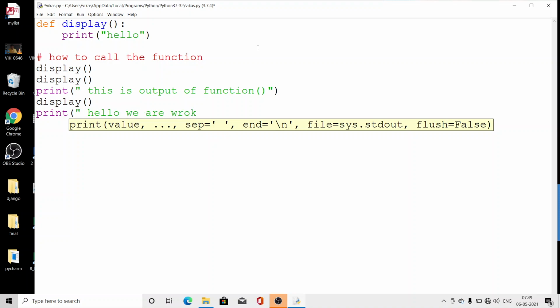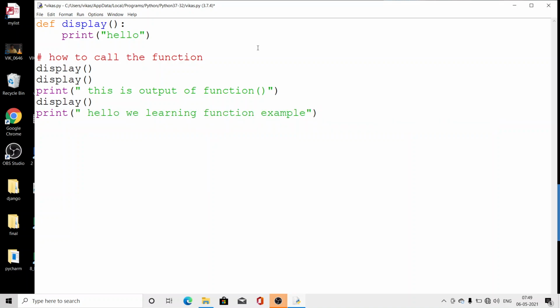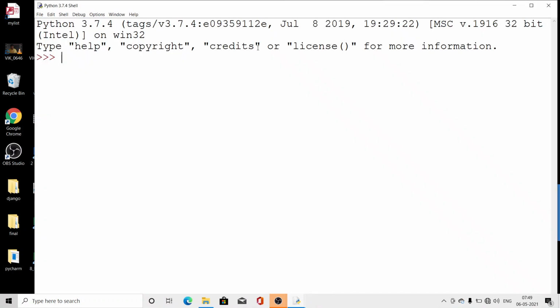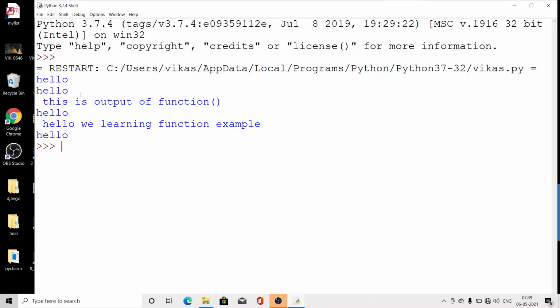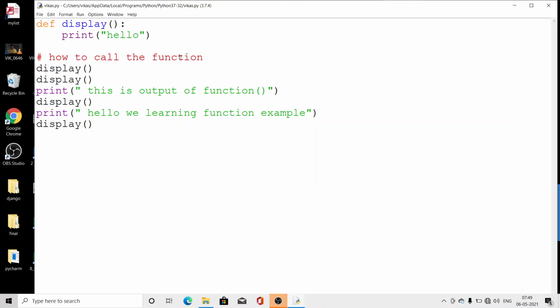We are learning function examples. Again I need to display hello, so I will call display. So look here, hello hello two times, because we have written it here.